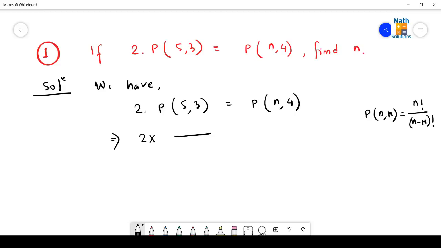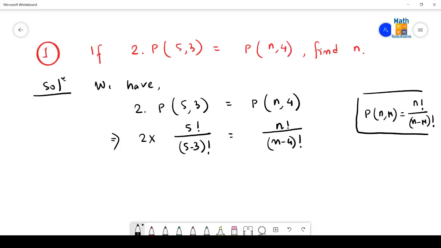So this formula I shall be using here. So how can it be used? 5 factorial divided by 5 minus 3 factorial is equal to, in the same way, n factorial divided by n minus 4 factorial. So we can write further 2 into 5 into 4 into 3 into